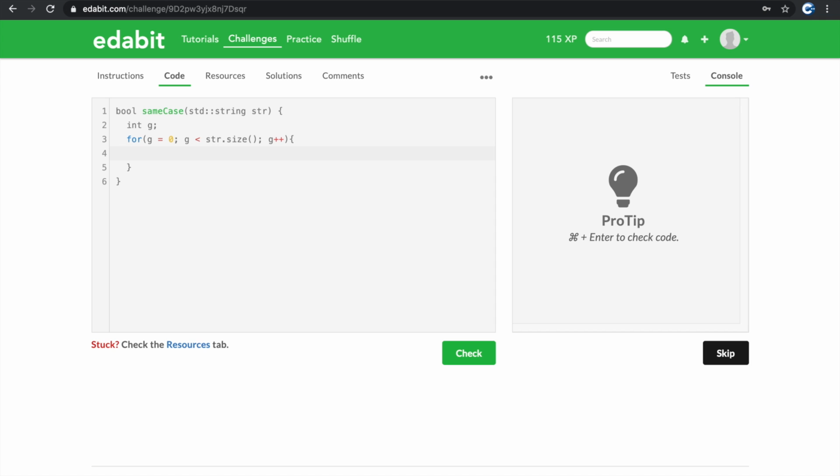So we're gonna say if the string of g is greater than or equal to 65 and less than or equal to 90,